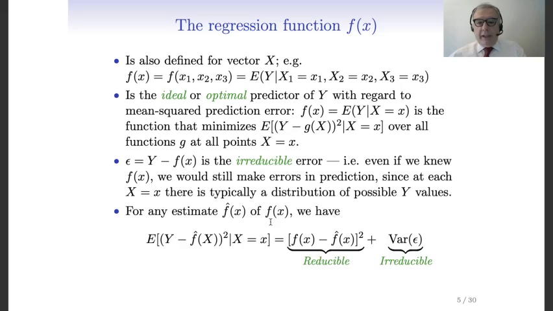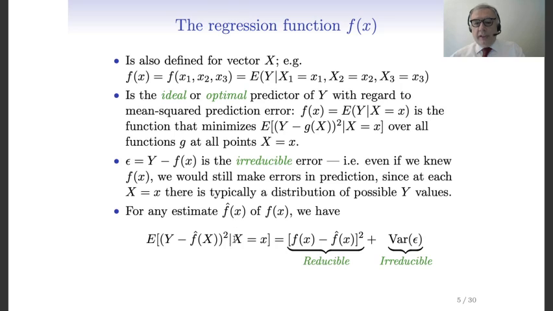And for any estimate f hat of x, of course I would like to use the regression function, but as we have already discussed, I can compute the exact f only if I know the true distribution, and in general I will not know the true distribution. So I will be forced to use some f hat that hopefully is close to f, but it's not perfectly equal to f. For any estimate of this kind, there holds this result that says that the squared error that I commit using f hat,